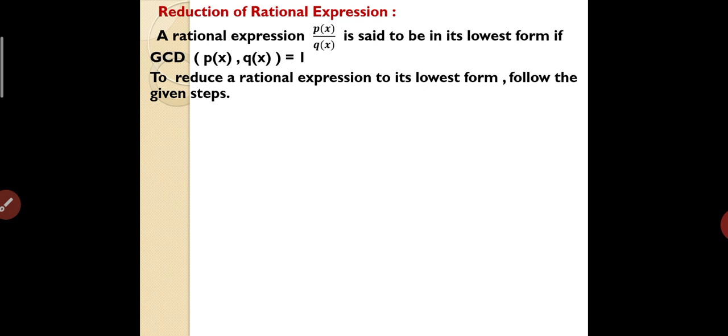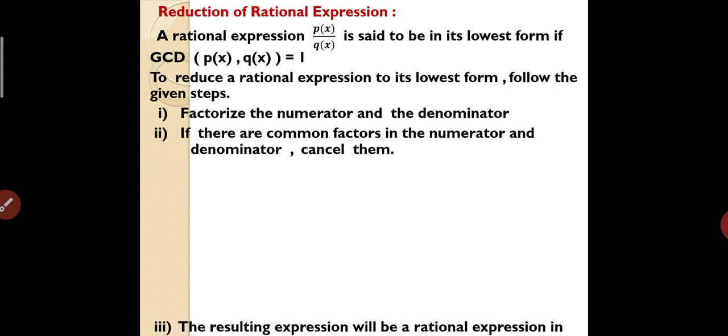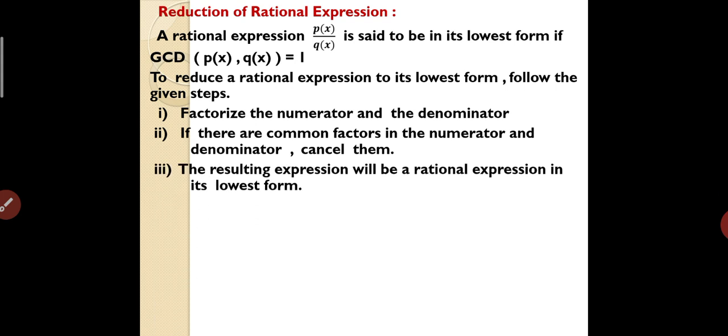To reduce the rational expressions to its lowest form, follow the given steps. How to reduce the given rational expressions to its lowest form? Follow the given steps. Step 1: factorize the numerator and the denominator. You have to factorize both the numerator and the denominator. Step 2: if there are common factors in the numerator and denominator, cancel them. Third step, the resulting expression will be the rational expression